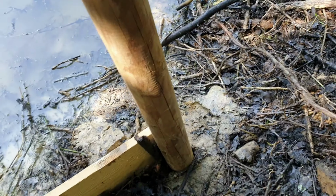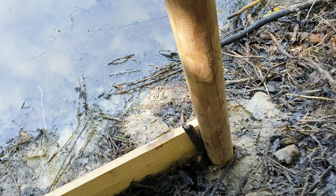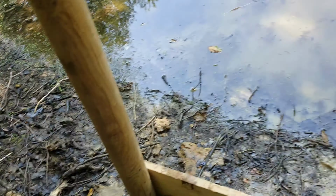So this is what we've done so far on the pegs. As you just saw, we've done some cutting work, but I'll explain through what we've done and how we've got to where we are. So we've got these posts here. These are about 2 foot, maybe 2.5 foot down into the ground. Massive stakes, solid now, proper sturdy. Same this side,